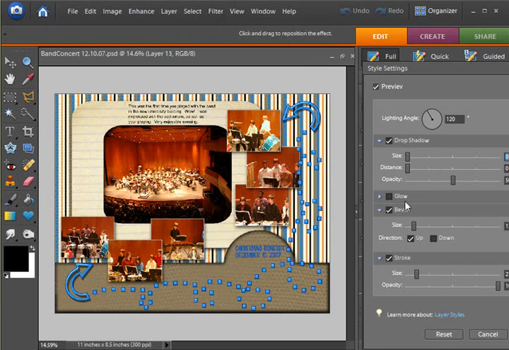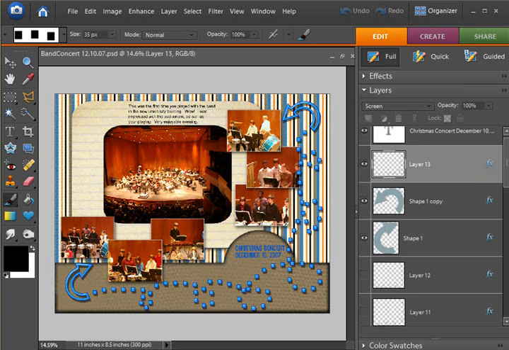Most people like to not have those drop shadows on the elements, so if you do use any of those layer styles, you're going to want to take that all the way down to remove the drop shadow, the majority of the time anyway. Right now I'm going to reset it and click OK,